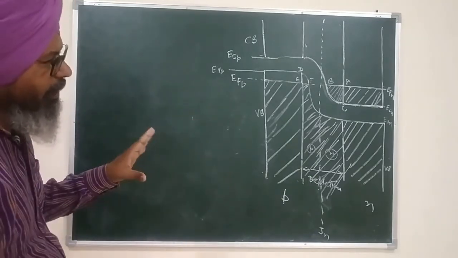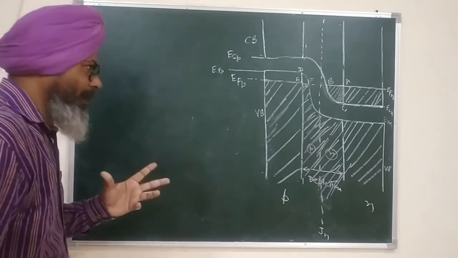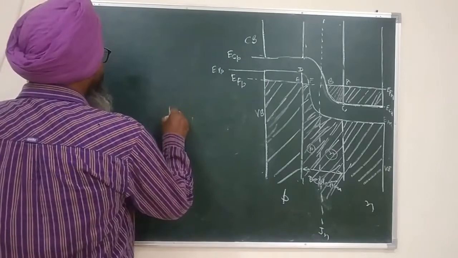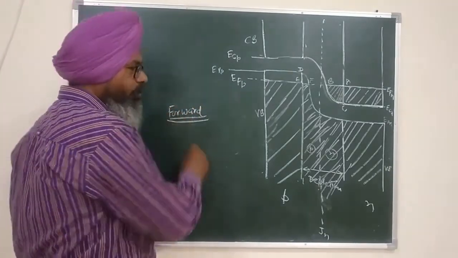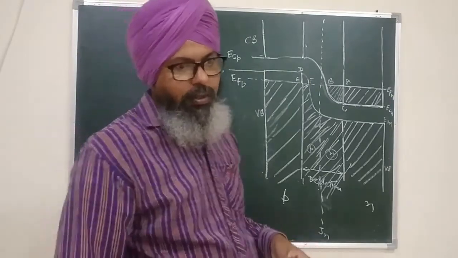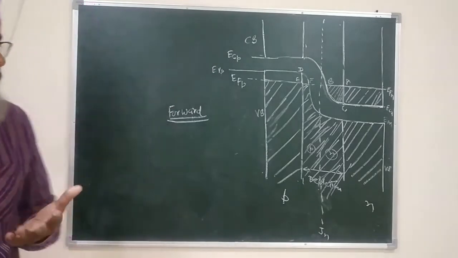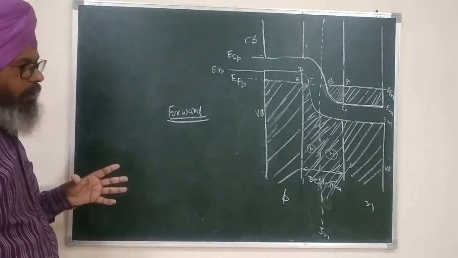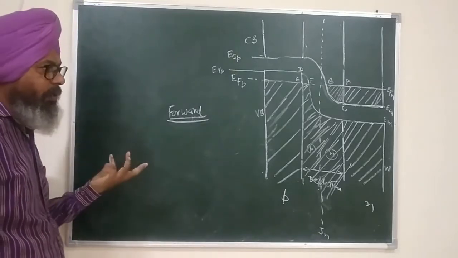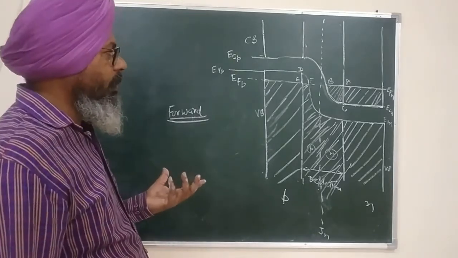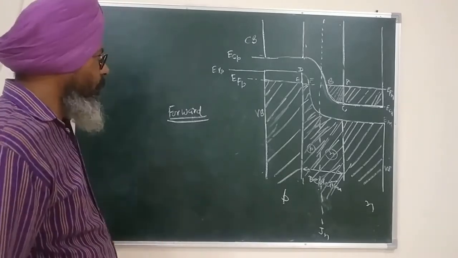I have not connected any battery. Now what am I going to do? I am going to connect this material with an external battery, and I am going to give it forward bias. Since I have told you that I will discuss the semiconductor laser in reverse order, I am discussing the mechanism first. I will discuss the construction later on. So just bear with me. According to me, this is the best way the semiconductor laser could be understood. Okay, let us now give forward bias. Now what is forward bias?